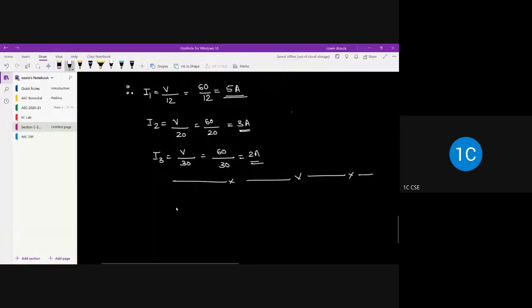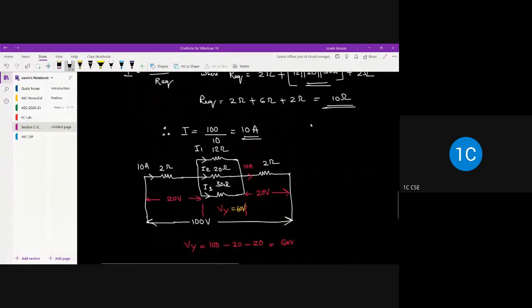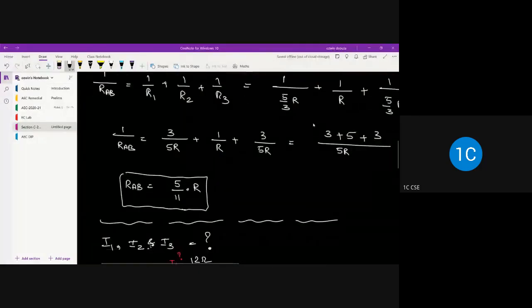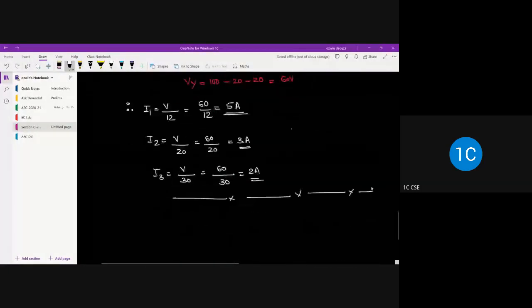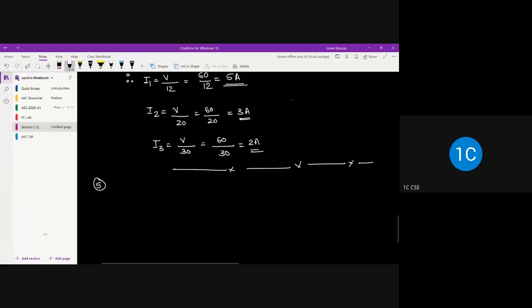Fine. So we will solve another problem. Problem number 4.5. Take down the problem statement. It says: three 60 watt, 120 volt light bulbs